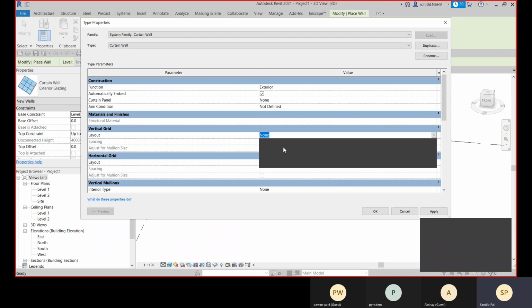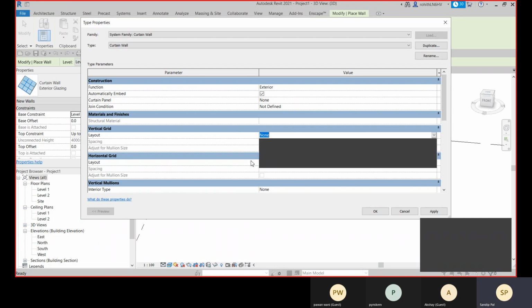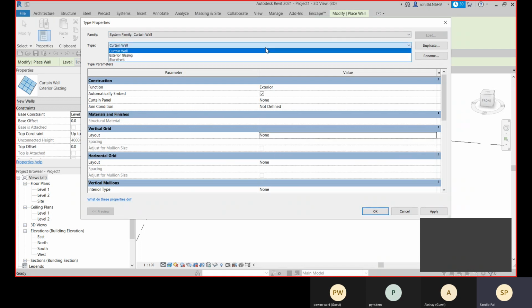You can apply fixed distance and you can provide the distance. Within this distance, the grids will be placed. Okay, so the fixed number, you can give the fixed number, like no matter how much the distance is, I need 4 number of grids. So within that total distance of your curtain panel or the length of your curtain wall, the fixed number like 4 will be equally divided. You can apply these things even within this curtain wall also.